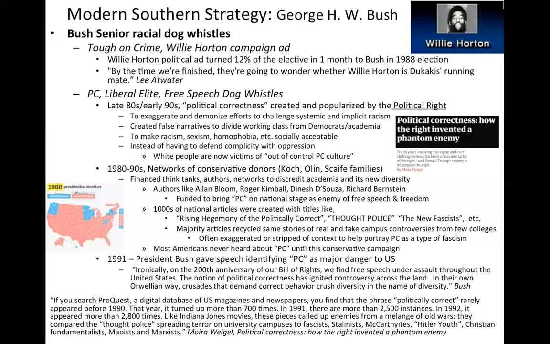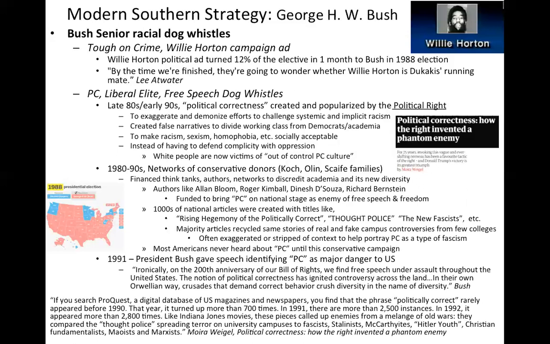No one used this term political correctness before the late 80s, early 90s. It was basically a network of conservative donors, the Koch brothers and all different kinds of families who were financing these think tanks to create this divide among Democrats and among the working class and academia, to create this elitist